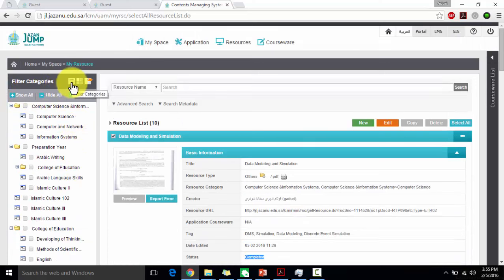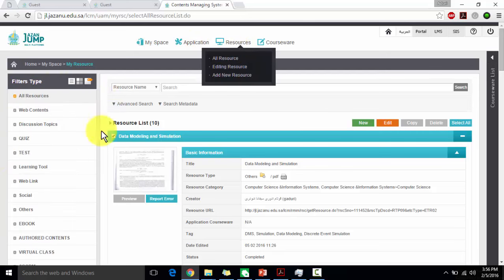So here you can see how you want the filter to be done, what type of filters you want to apply, and here you can search the categories by keywords. So you can show all, hide all, or reset. You can do whatever you want.